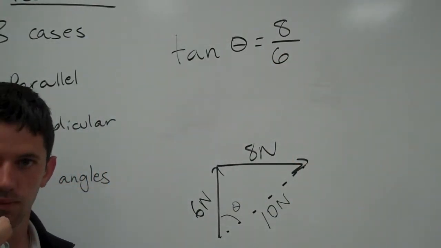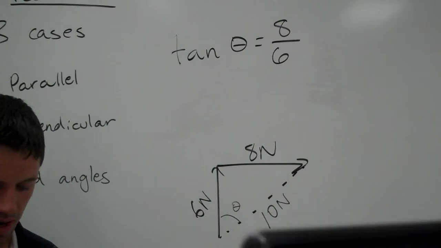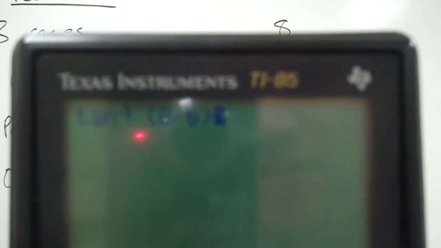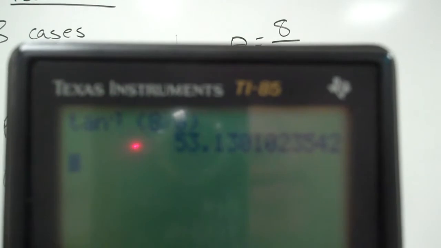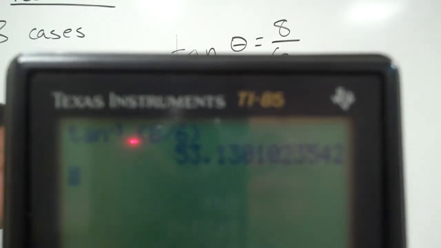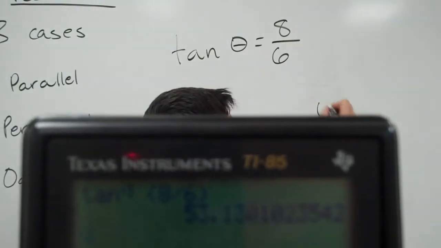Now, how do you solve that, Mr. Childers? Mr. May is going to show you how to plug that into the calculator. Inverse tangent of 8 over 6. And it looks like 53.1 degrees. So theta that I found was